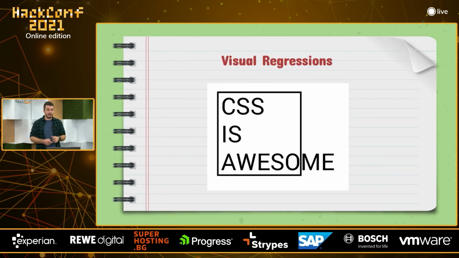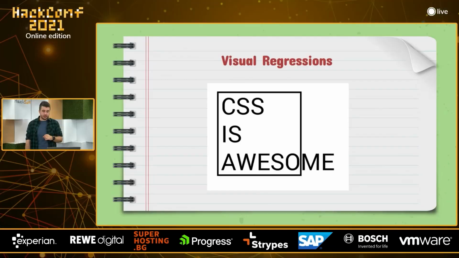Okay, then we come to visual regression tests, which are important to us because, as you know, different browsers tend to interpret CSS in different ways, which requires a lot of testing. And it's really easy, how awesome is CSS, that by changing only one line of CSS code, the entire UI is broken. You cannot use it. It's so bad that you cannot find the button, right? And in most cases, if you're using some kind of framework like Playwright, the test is going to pass.